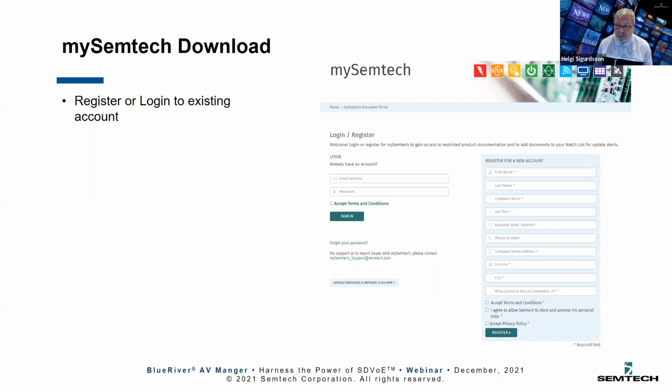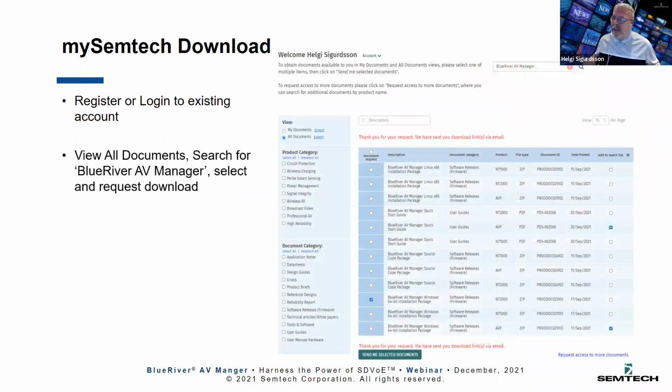So you either log in if you have an existing My Semtech account, or you register. Once you have done that, you are inside My Semtech. There are two things you have to do there. First, you have to select the view here, select all documents, and then basically you have to